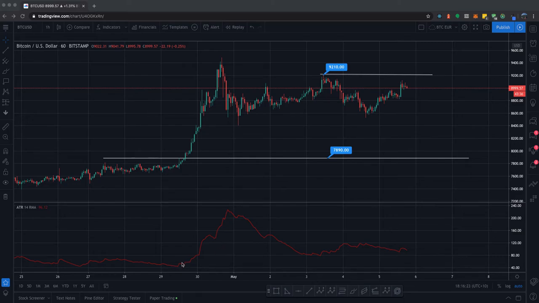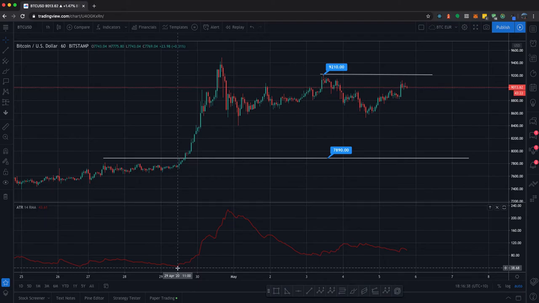So let's have a look at the 29th of April, right about there where the mouse is. You can see that the ATR is quite low, actually the lowest point on this chart at the moment, and that's an indication that there may be a big move about to happen. It's not a guarantee, and it doesn't tell you what direction this move is going to be in. It just says we haven't had much movement for quite a long time, so there's a high likelihood of there